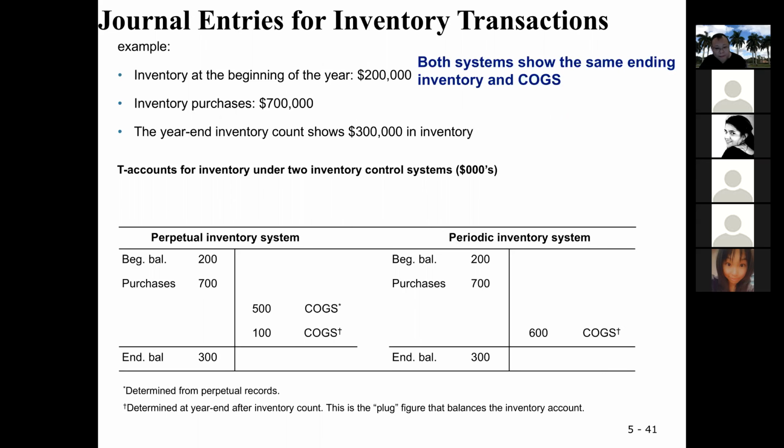How come it's at the end of the year that you are determining the figure? You should have determined that figure in the course of the year. Yeah, at the end of the year,